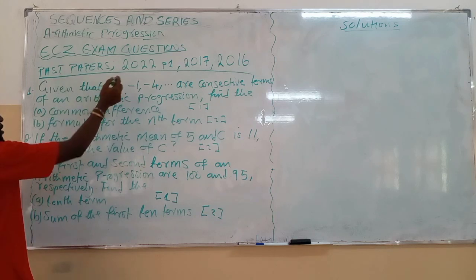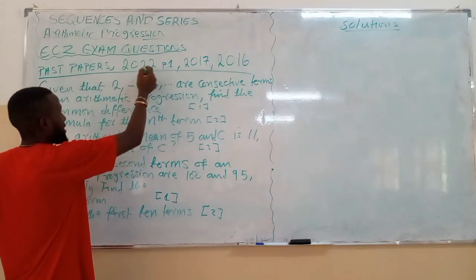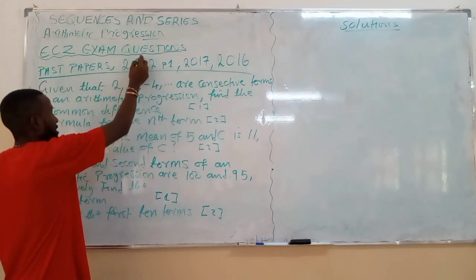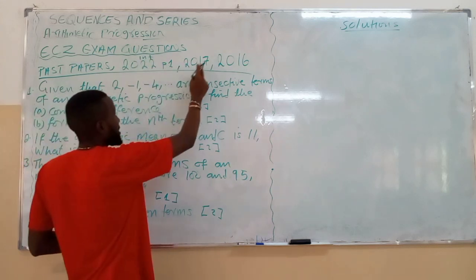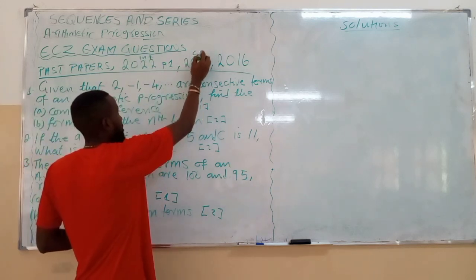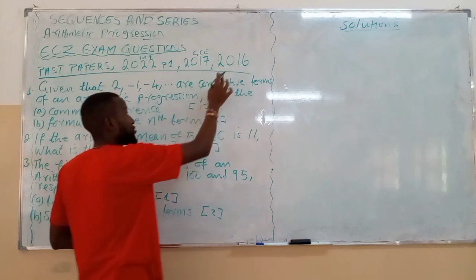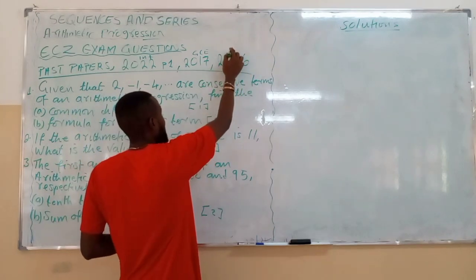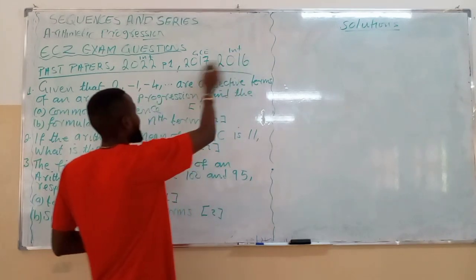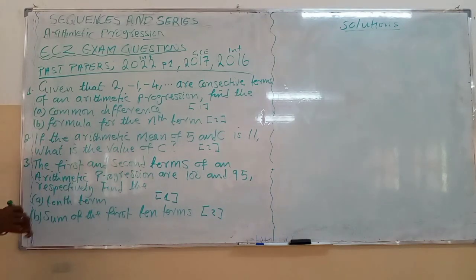So these past papers, we have 2022 paper 1. This is an internal. Of course, I didn't write it, but it's an internal. And we have 2017. This is GCE. You can check it out. And the 2016. This is also internal. Also, all these are paper 1. There is no paper 2 here. These are paper 1 questions. So let's start with